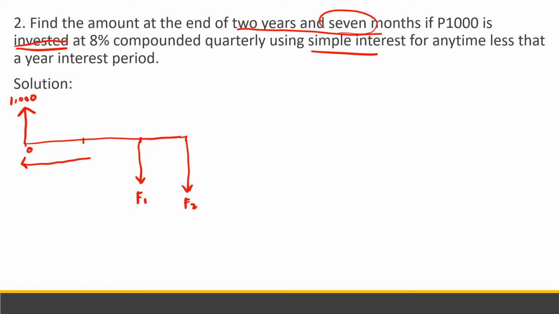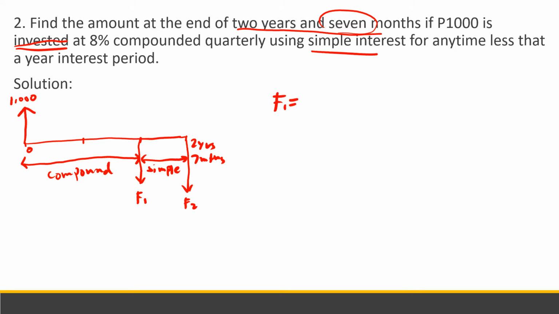So for the first 2 years, compound interest yung gagamitin natin. So compound. Dito naman is simple. So this is 2 years and 7 months. Okay. So finding for F1,